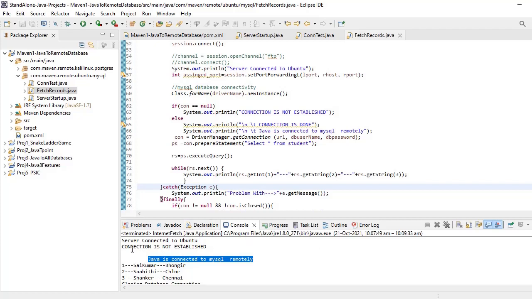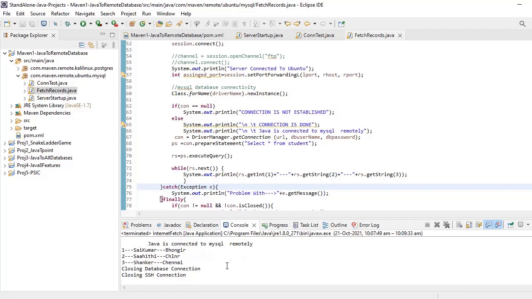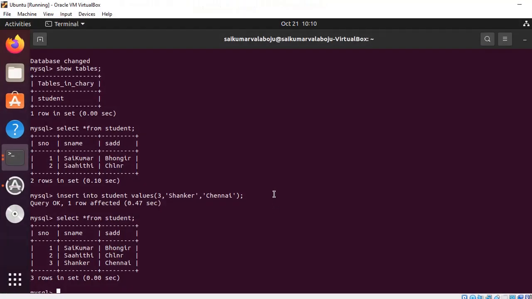Unfortunately it is not giving what we expected, but the connection is established perfectly, so something is mistaken. You are getting the details here, right? Shankar, Sahiti, the details are whatever is here.